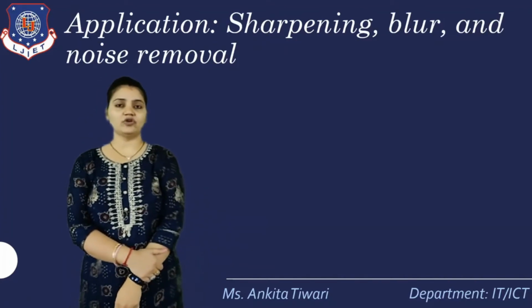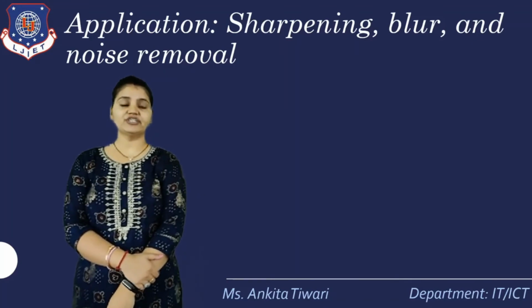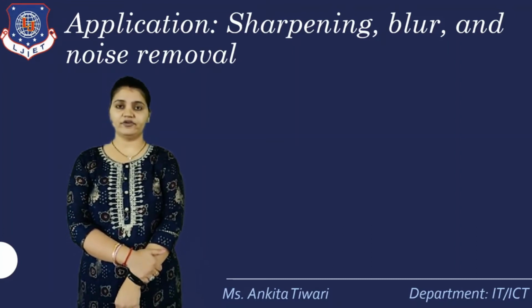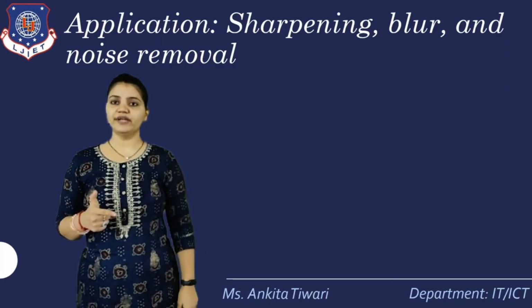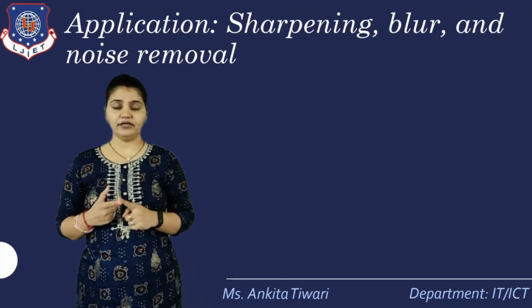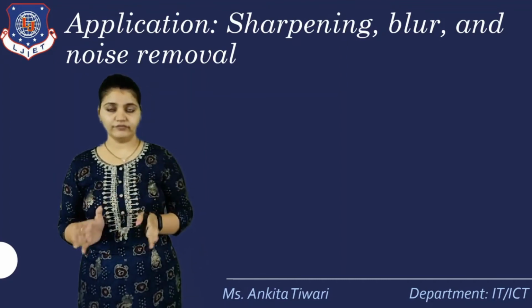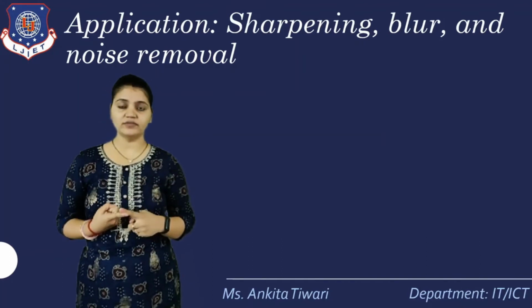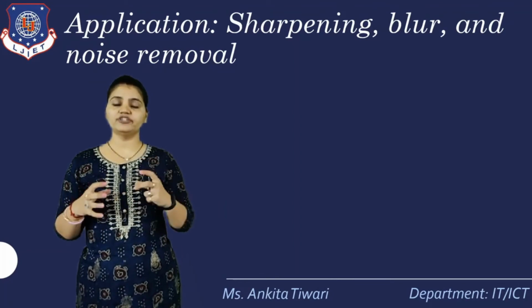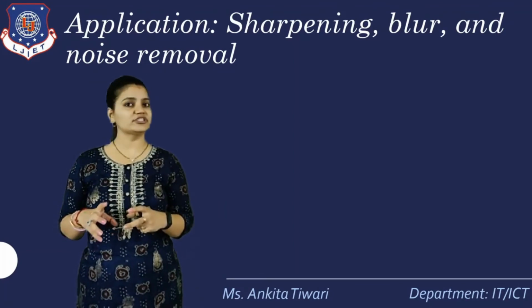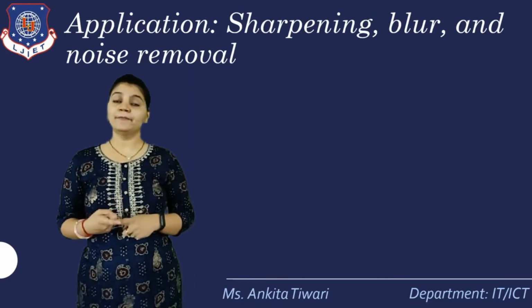So these are the things. Now the application part that we are going to learn in this session is very important. The applications of the Fourier transformation are sharpening, blur removal, and noise removal. Sharpening means to sharpen the object very nicely. Sharpening means edges also come, and with respect to edges, the corners also come. So your image should be sharpened with respect to the original image, which is already defined. So sharpening involves the sharpening of the object.